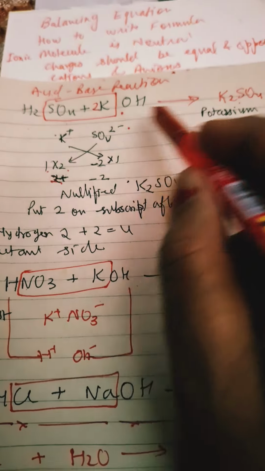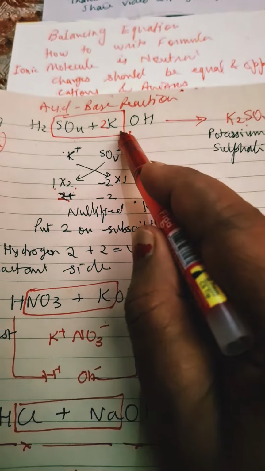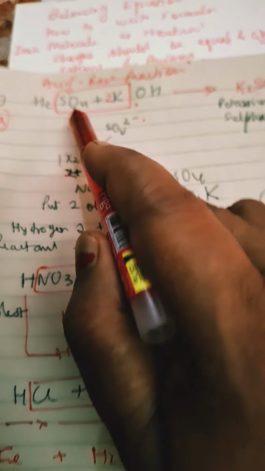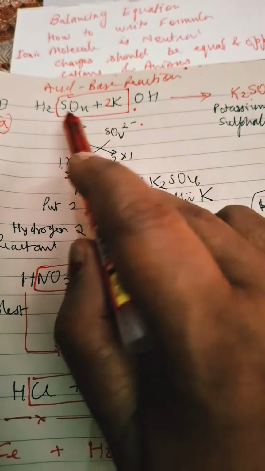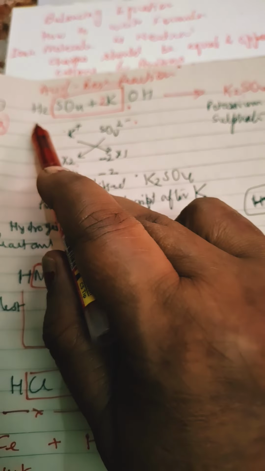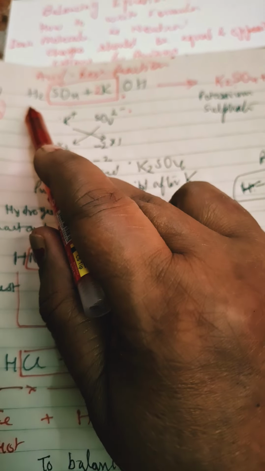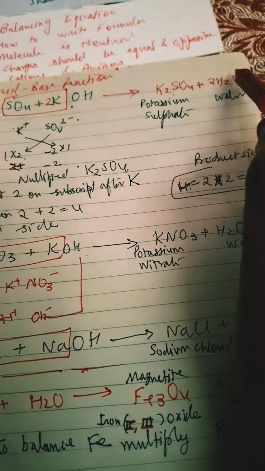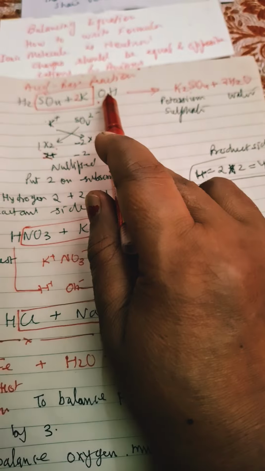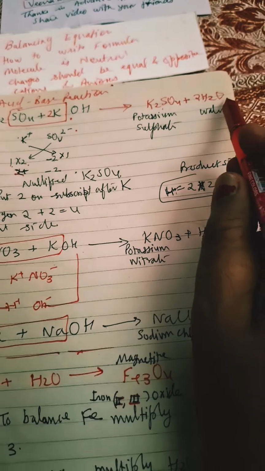Now we will see, when we are multiplying this K by 2, at that time inner goes with inner, outer goes with outer. Here 2 OH and 1 hydrogen. So here H positive and OH negative, HOH will be there, means water will be there, so 2 molecules of water. Oxygen is 2, so 2 molecules of water.